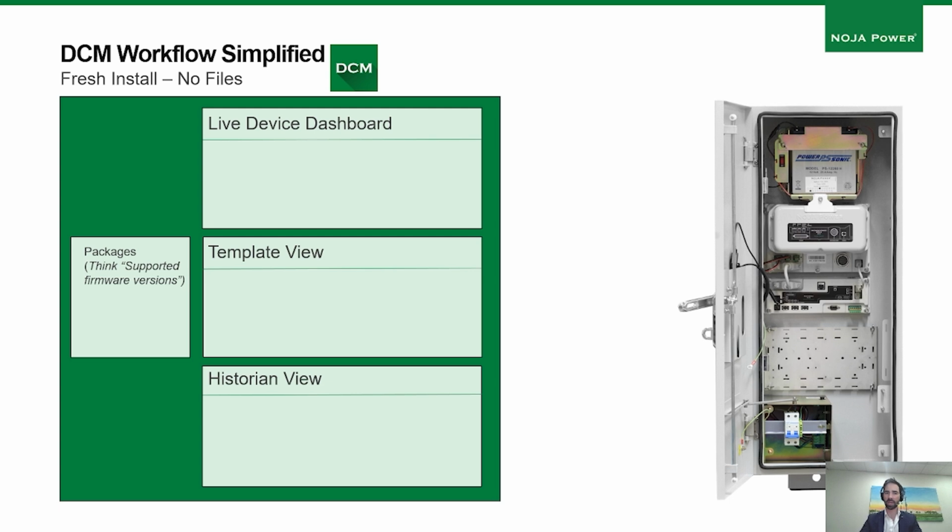Now, the way that we've done this is to introduce three different common ways of looking at the DCM package. In other videos, we'll show each of these individual views, but for here, we're going to give a conceptual overview of what that looks like. On a fresh installation of DCM, you will have no supported packages, a live device dashboard view, a template view,